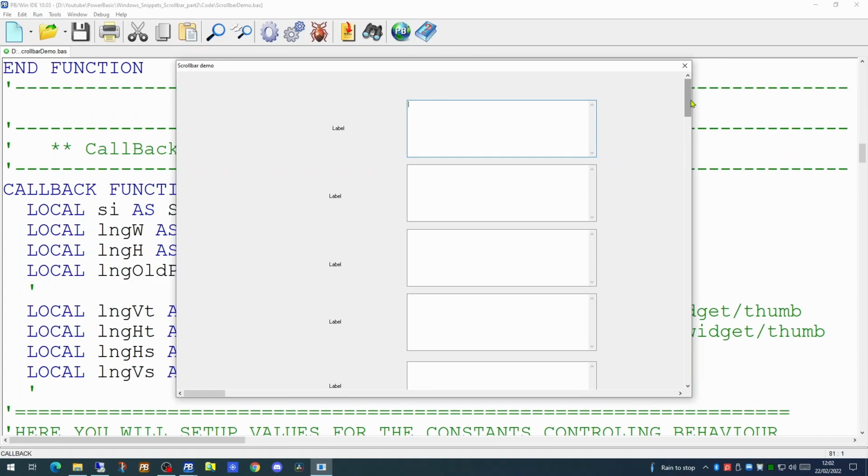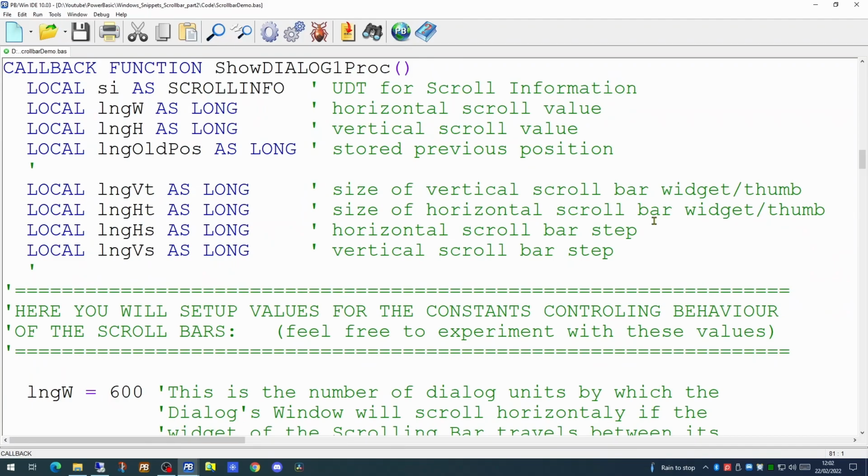your application. If we have a look at the callback function of our dialog, we will see there are a number of sections in here which we have added code in order to affect the scrolling dialog. The first part is the setting up of the local variables and the population of those values. We're going to create a new include file which is going to contain 3 macros. The first macro we will create is one to handle the initialization of all of these variables.